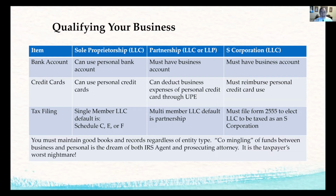In any case, regardless of what kind of business, it is very important, and I'm sure Laura will approve of this statement, it's critical to maintain good books and records, regardless of what kind of entity you have. The number one term that the IRS will grab a hold of, and particularly any prosecuting attorney, if you ever